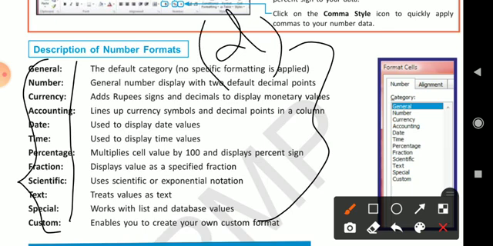Now the next question is, why do we need a theme gallery?